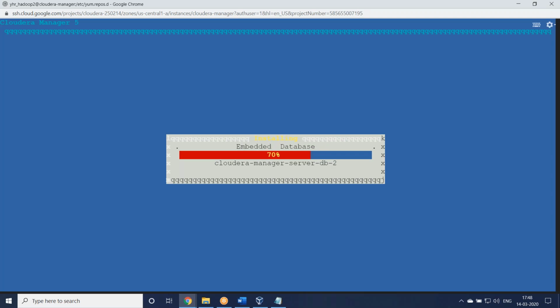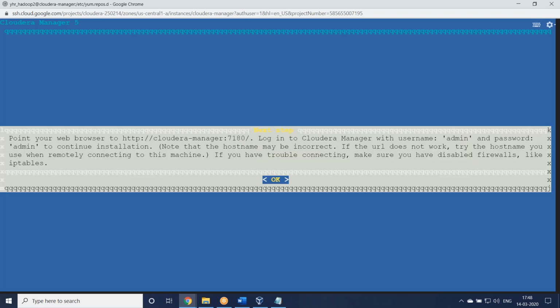And also we need a database, as we mentioned yesterday in the Cloudera diagram. But we are not taking any database. Automatically a default database will come here. So the default database is installing automatically. But there is some disadvantage with the default database. Okay, so the installation is successful as of now. Cloudera Manager setup is done.